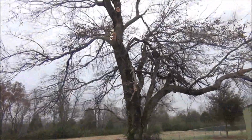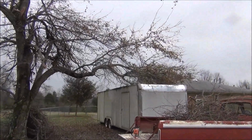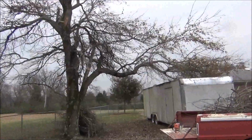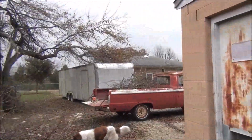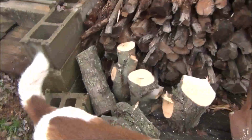Okay, we got one limb down. Tomorrow, weather permitting, I'm going to get that big limb off the top of the trailer. Something I was wanting to do and even thought about doing this week anyway, but I could have done without all the other messes I've got to clean up. Just that one limb, which was pretty good size, made some firewood, but more twigs than anything. You see twigs there, twigs in the truck, and twigs up against the tree trunk. You can tell what's fresh cut there. Got that little bit of firewood, a little bit there,